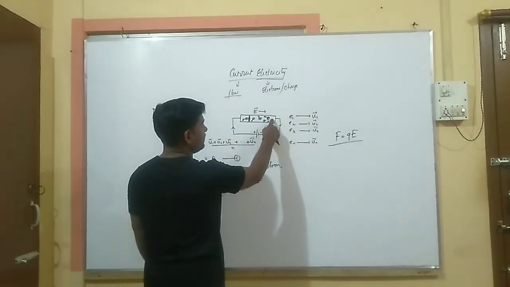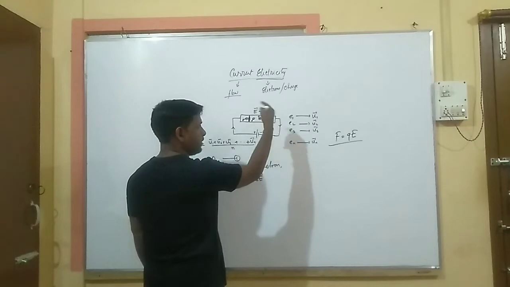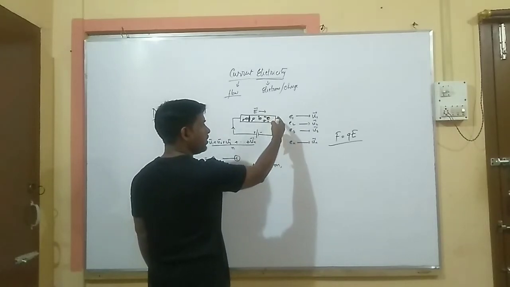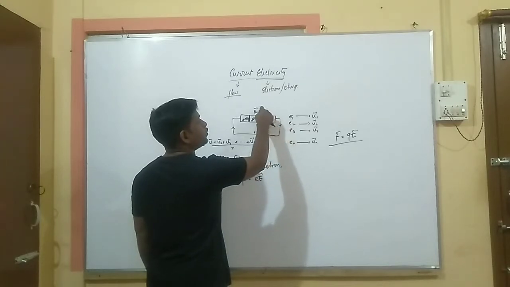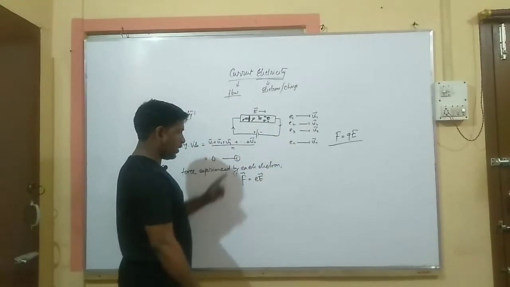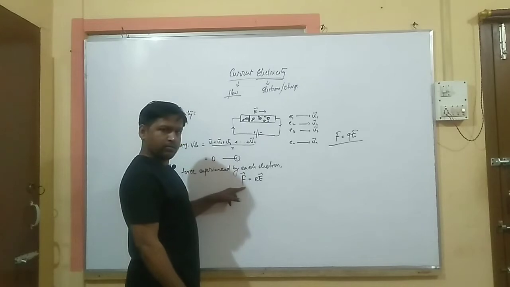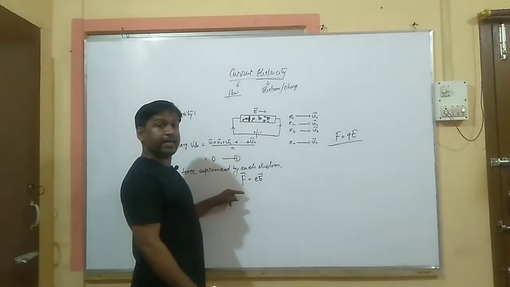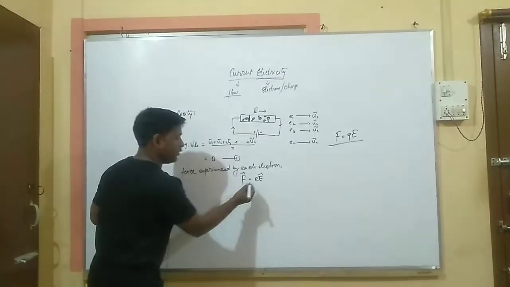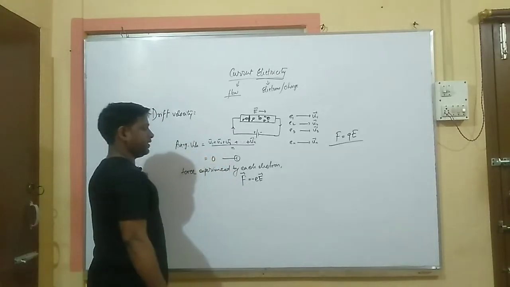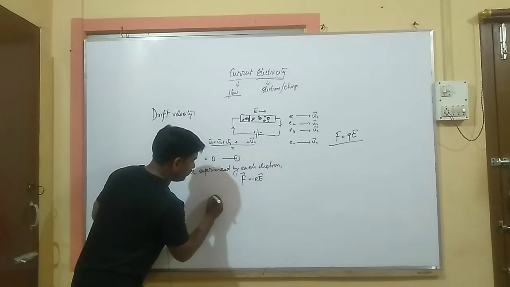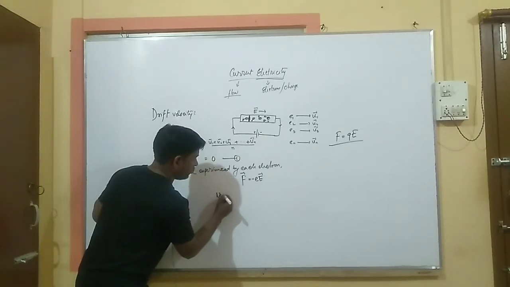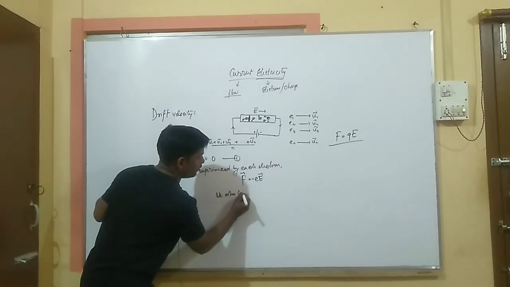So here these electrons are experiencing a force which is opposite to the direction of the electric field applied. That's why F and E are vector quantities, but they are acting in opposite directions. That's why let's put a negative sign here. Now we also know that